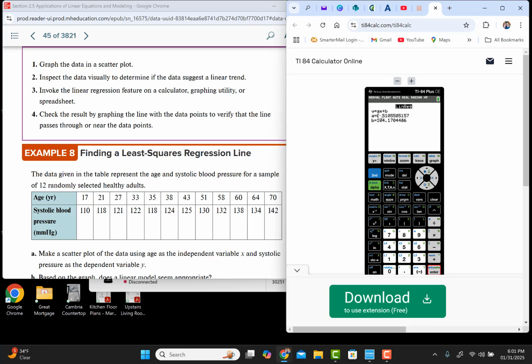So it gives us our y equals mx plus b, and it gives us our a value, which is our slope, and it gives us our y-intercept. But the cool thing about this is that it's under our y equals menu. So if we go to y equals, there it is. It's already stored in our calculator. So now the cool thing is we can look at the graph, right? So let's look